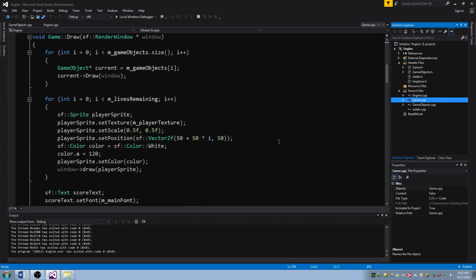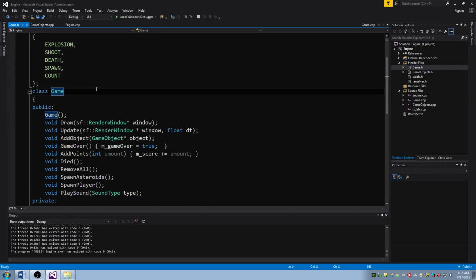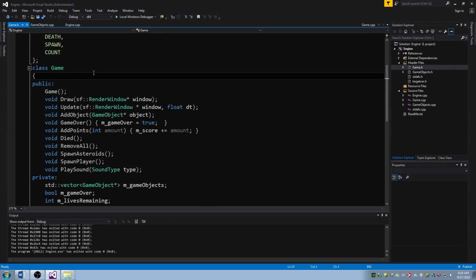In the case of score, it's kind of an idea that spans across the entire game. It spans across lives, and it spans across shooting and asteroids. It basically is kind of above that, which is why when I put in the score, I put it into this game class here. And this game class is